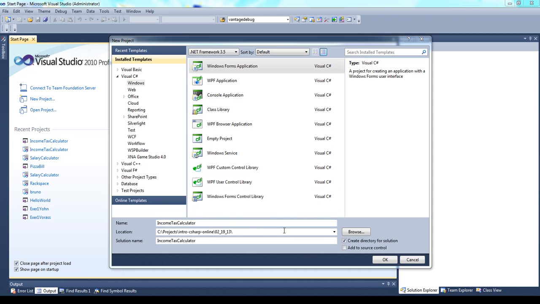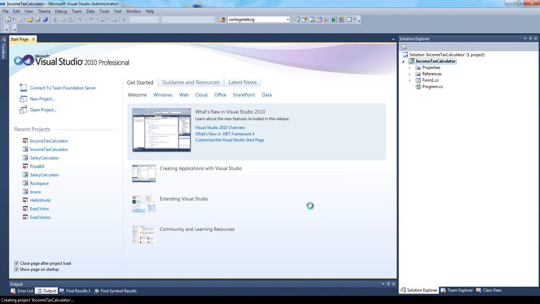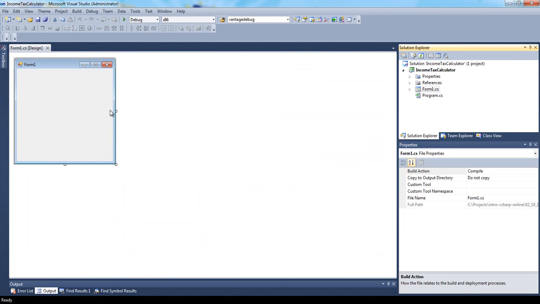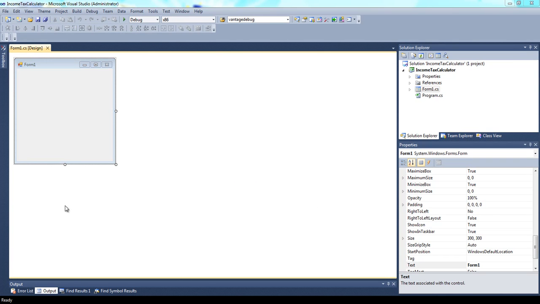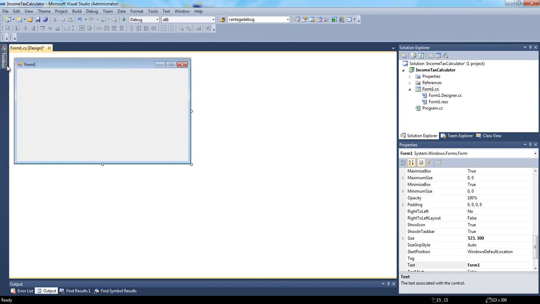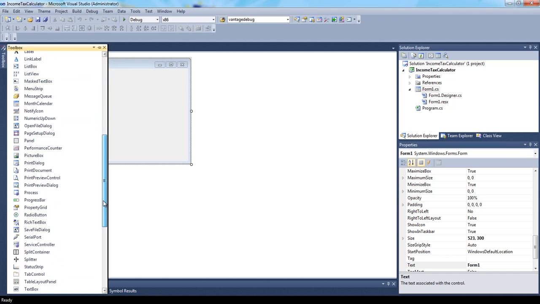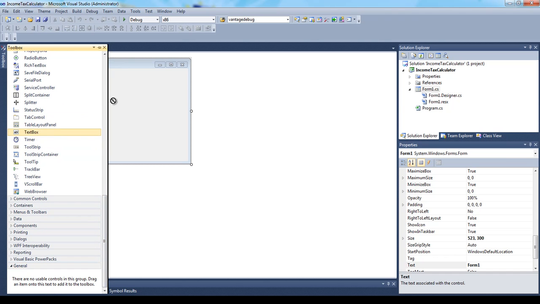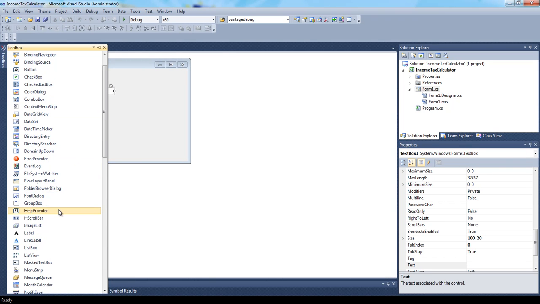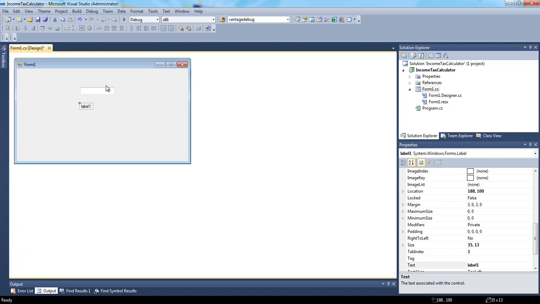I have an application set up called Income Tax Calculator. And on this form, I'm going to need a single text box and then a bunch of labels to display the results of our calculations. So I'm going to start, and I'll drag a text box, a label, and a button onto my form. And the rest I can copy and paste and duplicate, and that way I don't have to keep going over